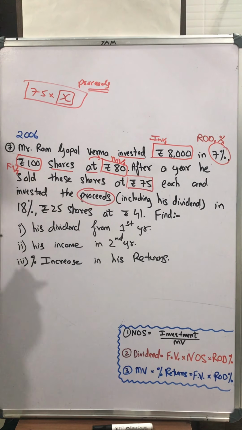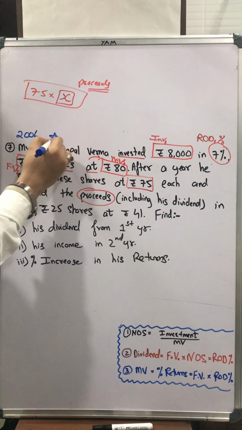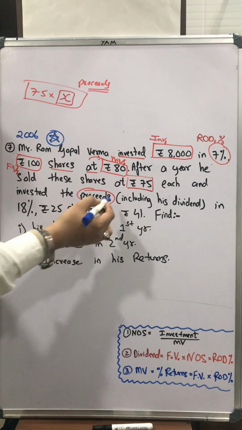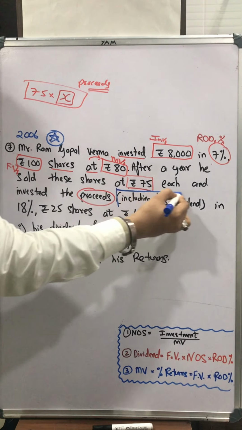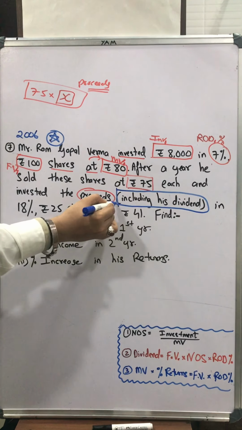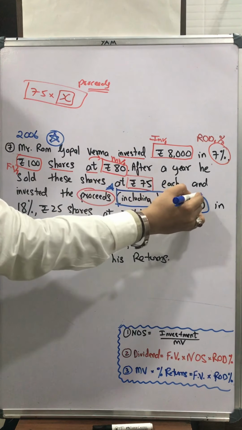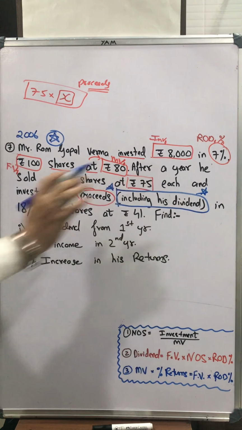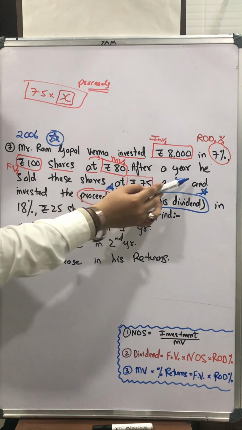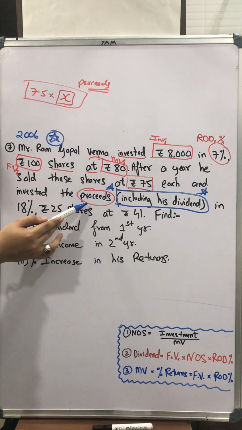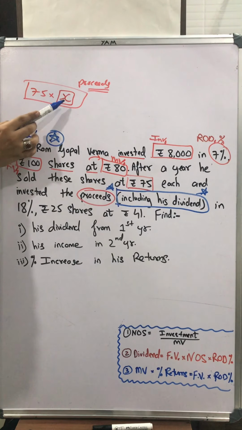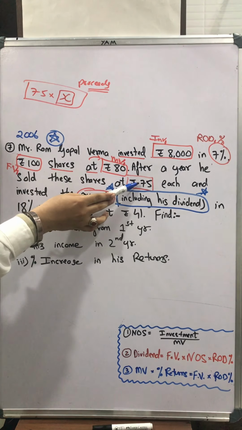But here we have an interesting case, and that's the reason I will say it is a very, very, very important question. Please mark this bracket. It is very, very important. First time we are encountering this. He invested the proceeds, that is whatever number of shares he was having in the first firm, multiplied by 75, because he is selling those shares at 75,